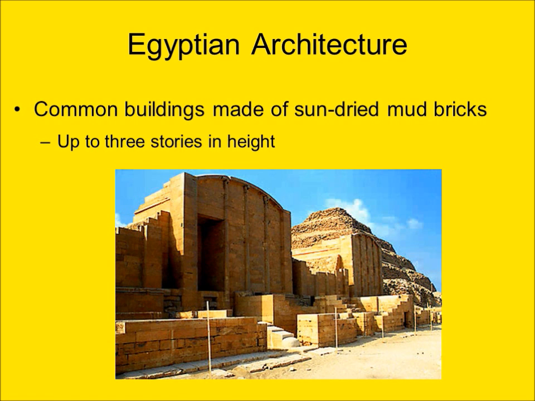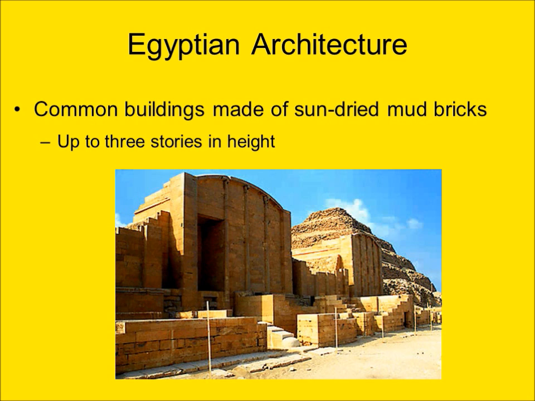In terms of architecture, everyday buildings like homes and government structures have not survived for the most part. Many Egyptian towns have disappeared because they were situated near the cultivated area of the Nile Valley, and thus during times of flood, as the riverbed rose, they would be buried. Egyptians also, for ordinary buildings, used mud bricks, which would either be dissolved by the water and the flooding, or used later by peasants as fertilizer.